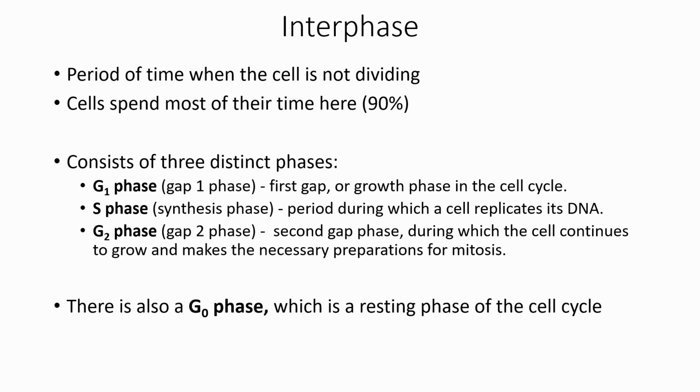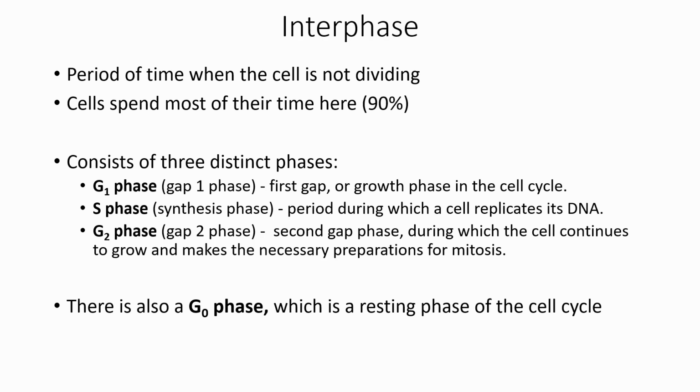G2, this is our second gap phase. This is where the cell's going to continue growing. It's going to make all the necessary preparations for mitosis. So G1, we're going to do normal day-to-day stuff. We're going to double check and make sure there's no damage to the cell, make sure the DNA is intact. S phase, we replicate DNA. G2 phase, we're going to do some more growing, make sure we have all the organelles we need for dividing, make sure we have any other prep work done, double check that the DNA replicated properly before we go into mitosis. There also is a G0 phase, which is a resting phase, and usually you'll see this G0 phase branch